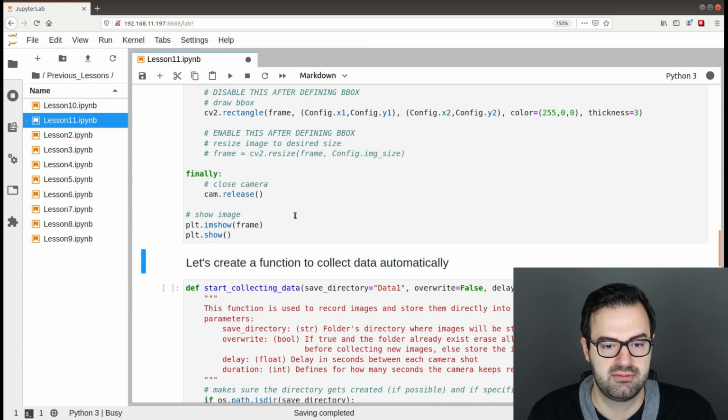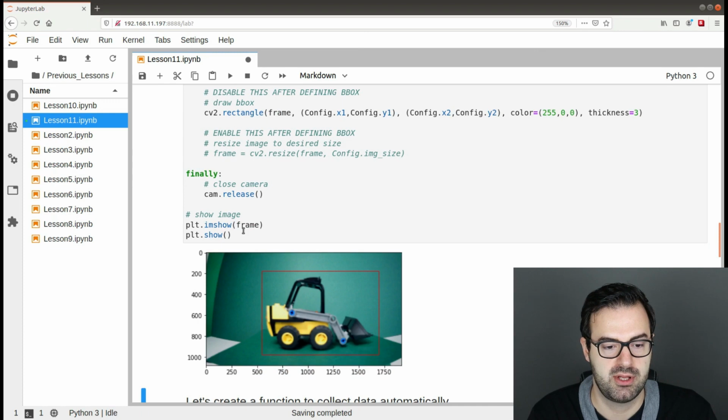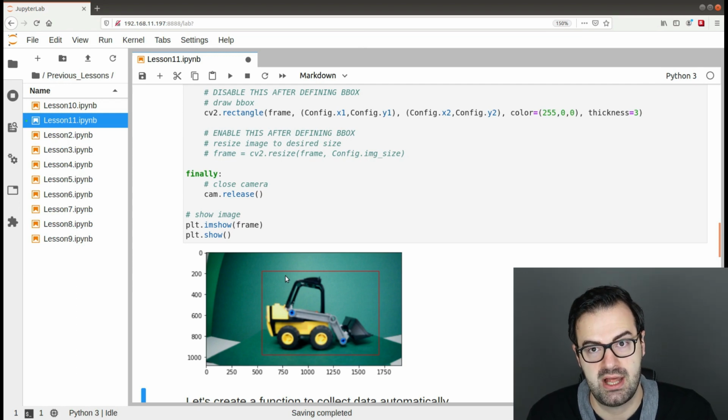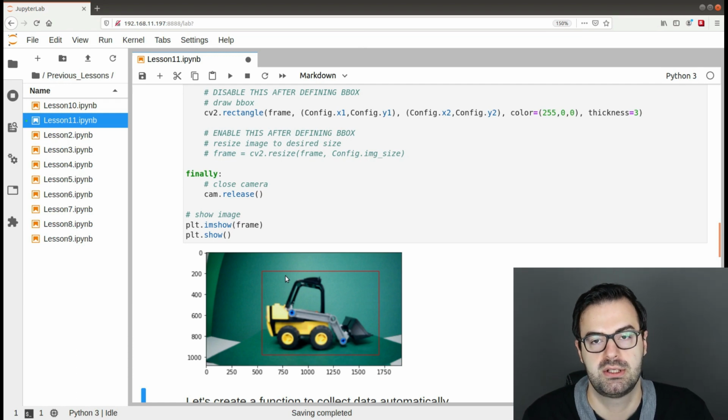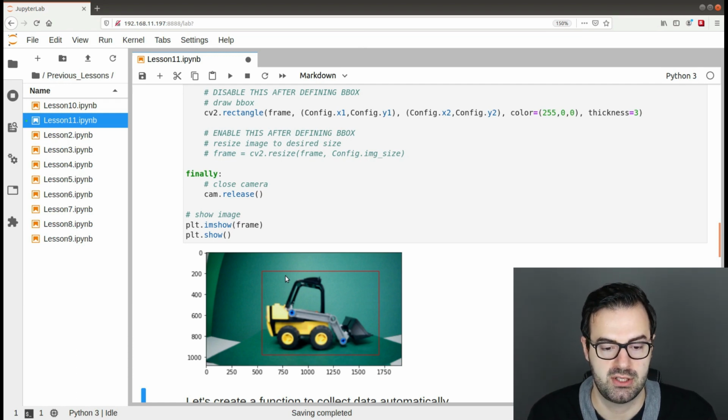As you can see, after drawing the bounding box, we show the image, and in this case I already prepared it before, so we can see that the bounding box fits the object perfectly. There is a pretty good and clear distinction from the background and also the base and the actual object that we want to classify. This is very important, so make sure that there are no strange light reflections or too much darkness, because when we want to remove the background,